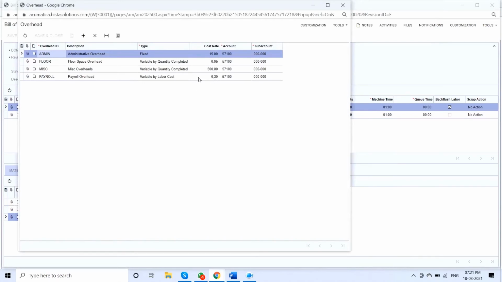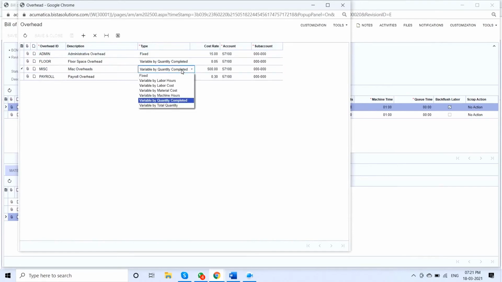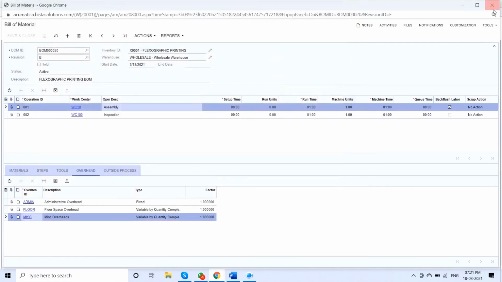The system will pick the unit cost rate from this form, and these overheads can be defined as fixed or variable by labor cost or variable by labor material cost, machine hours. It depends on the quantity of the material consumed during production or the hours taken during the production process.